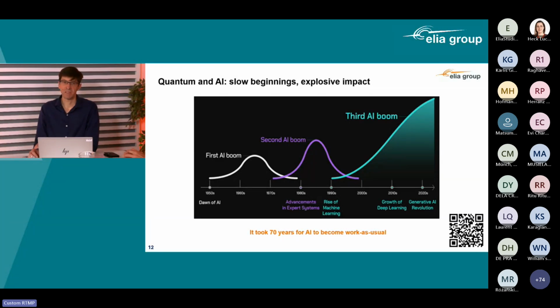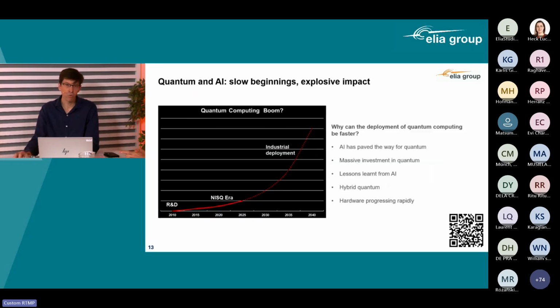Now, why invest time now into quantum? We tend to compare it with AI, because AI was also a technology that started a long time ago. In the 50s, all the theory on deep learning started, but we had to wait for the 2010s to have enough data and enough processing power to put all these things into practice. You can say that it took 70 years for AI to have an explosive impact and become something that we use every day now. And why do we think with quantum it could be faster? Well, because we have the experience from AI. We have the lessons learned from AI, and we also see a lot of investment now in quantum.